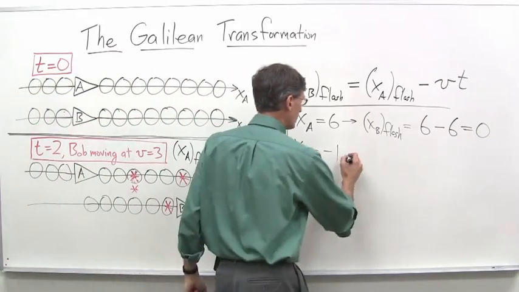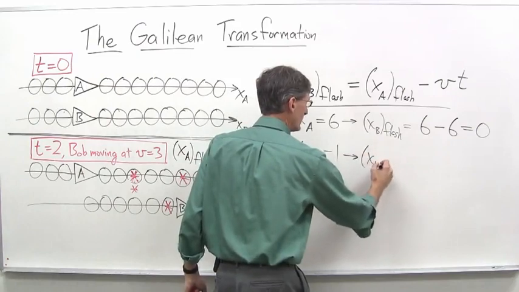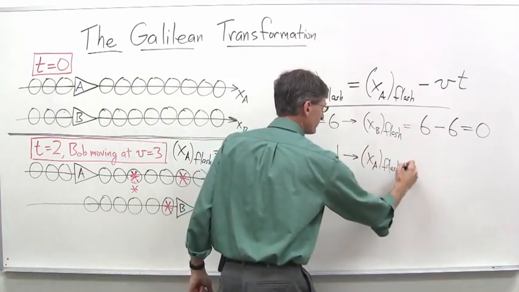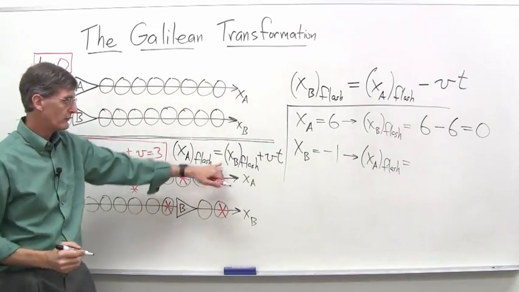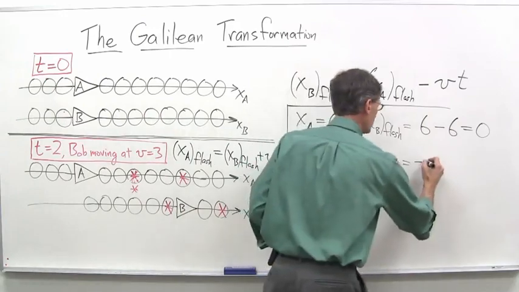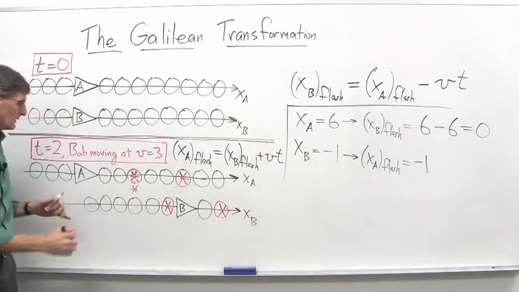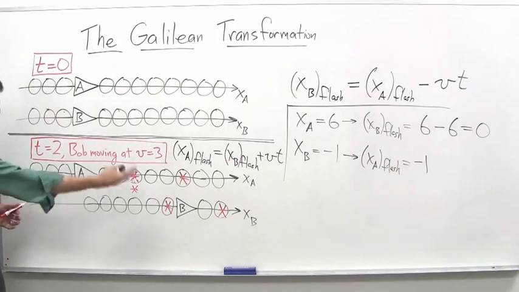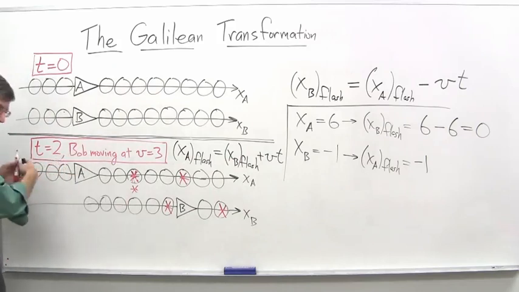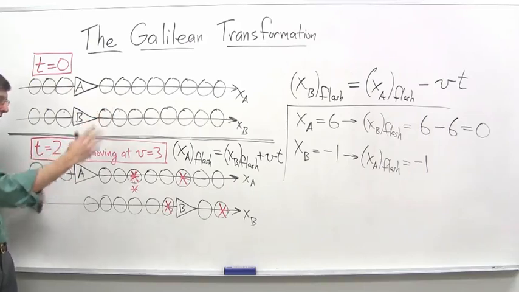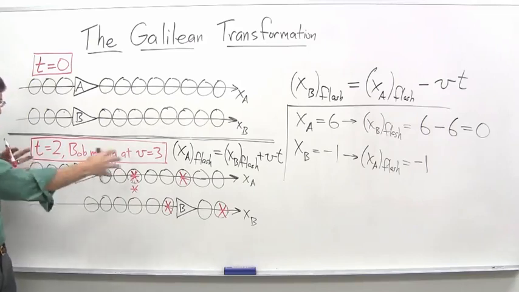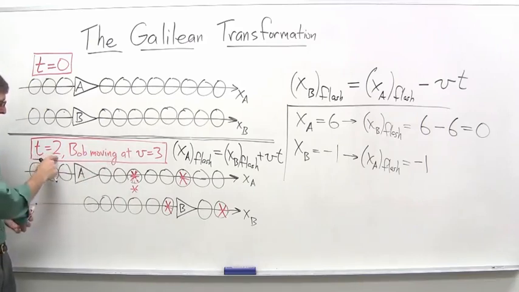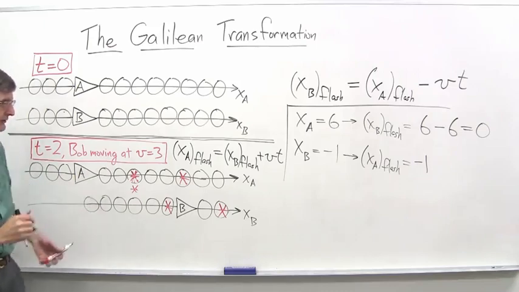So we say that xa of the flash is, here's the equation, Bob's coordinate that he observed, which is -1, we're told. -1 plus vt, again, vt being 3 meters per second times 2 seconds. Again, if we were doing this at different times, we'd have a different time here. If we're doing it at 5.5 seconds, then it'd be 5.5 here. Velocity would still stay the same for our example. Obviously, you can change the velocity as well for different examples, but we're doing t = 2 seconds, velocity 3,